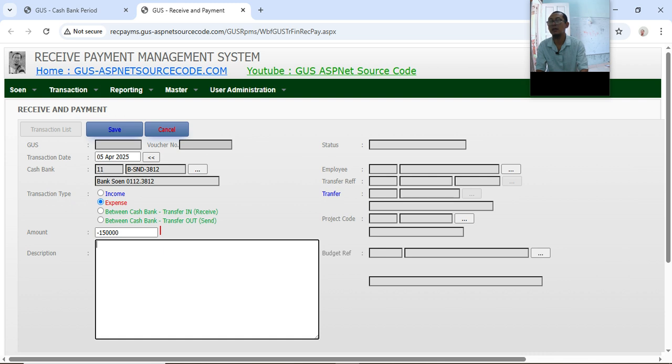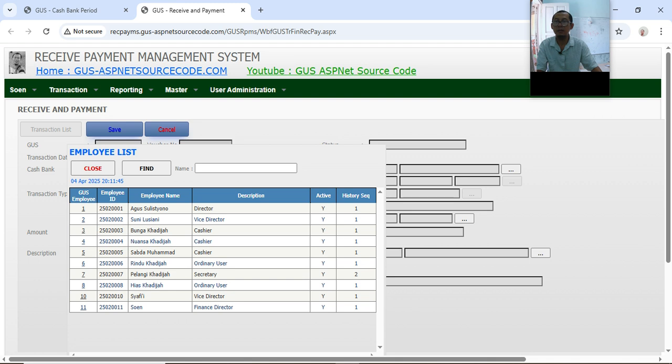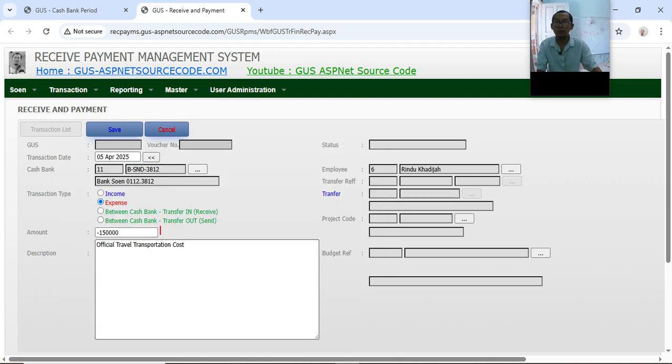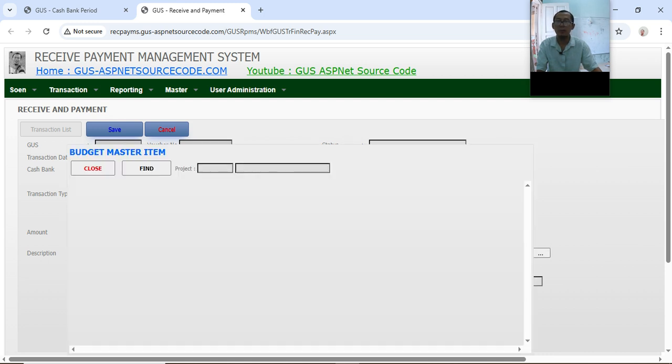For example, the money is for Rindu Khadijah to go for transportation cost.